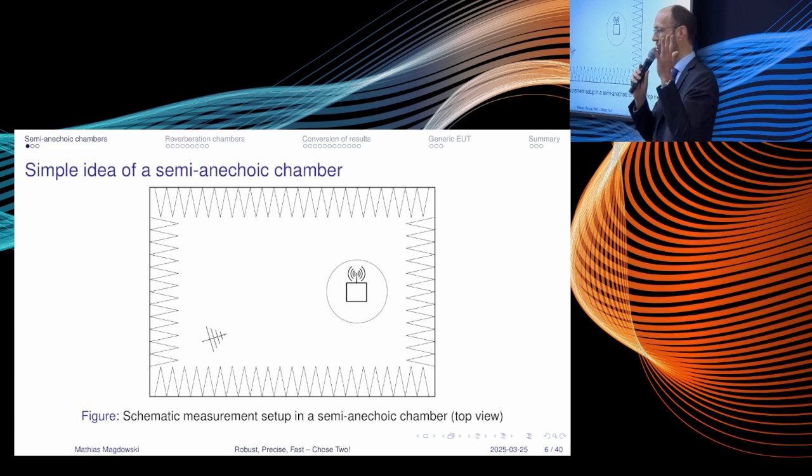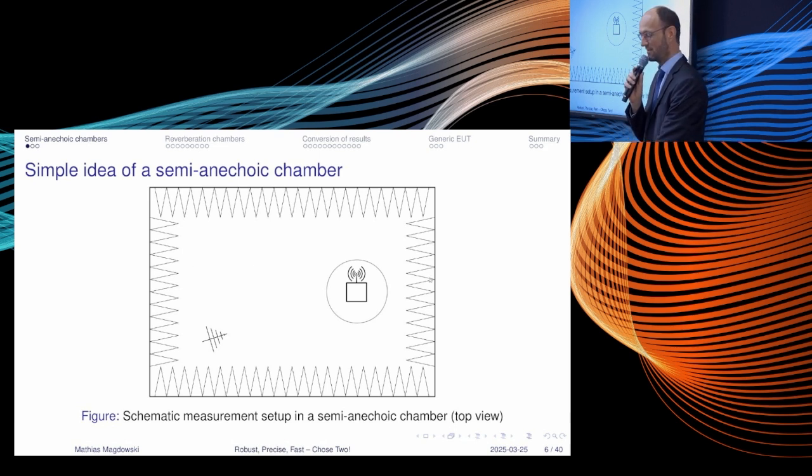Now imagine you're in a room full of mirrors, and you switch on a flashlight. What will happen? You see light from all directions, from everywhere. You don't know anymore where the light is coming from, where the light will go, and so on. The same thing will happen in a shielded enclosure. So what could we do with the mirrors so that they don't mirror anymore? Like in the Rolling Stones song, Paint It Black: take some black paint and paint the mirror black, and then it won't reflect anymore. The same thing we would like to do in our semi-anechoic chamber.